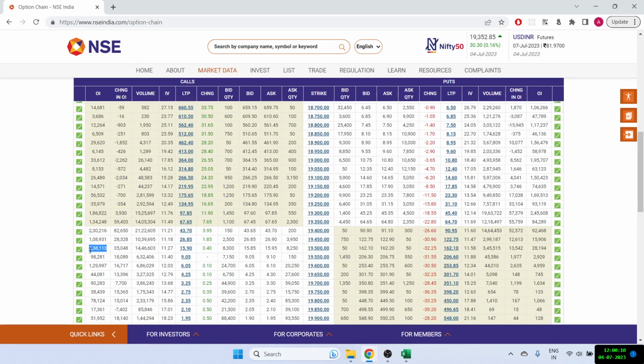Once I found these two strikes, the reason we are finding the OI is that generally it is assumed that where there is the highest OI, that's the place which can be a good support or resistance, because we always assume that this OI is from the seller's perspective. So essentially the sellers don't want to lose this level, so they would try to protect the 19,300 level, and similarly they would try to protect the